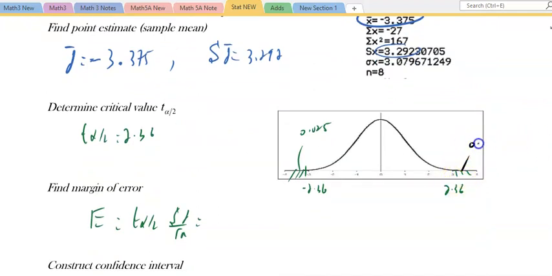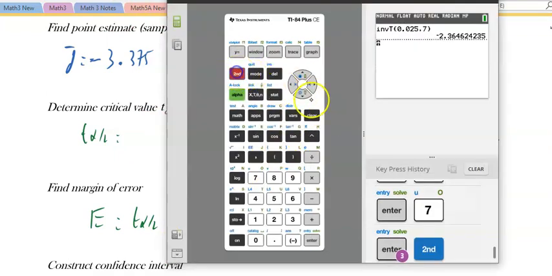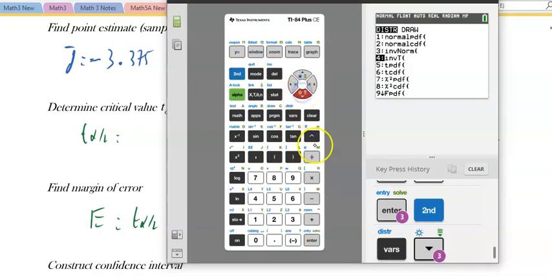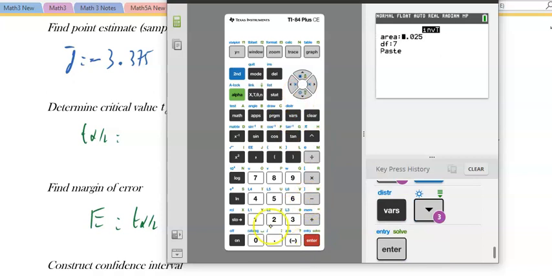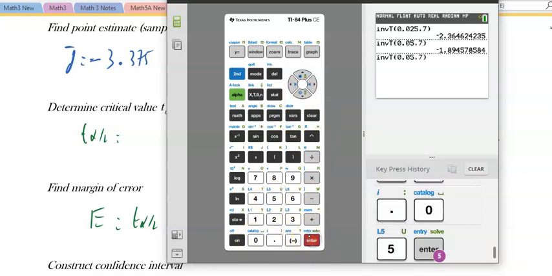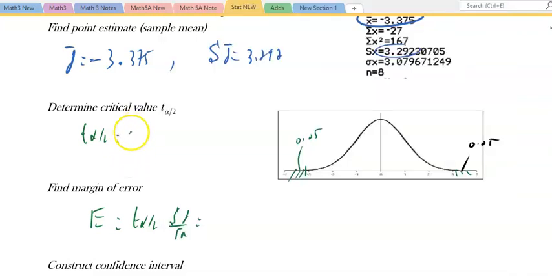This is 5% each. So I gotta change that value really quick. And if I am to go ahead and do it on the calculator, do it again. T distribution, we want the 0.05, everything else is the same, and we're getting